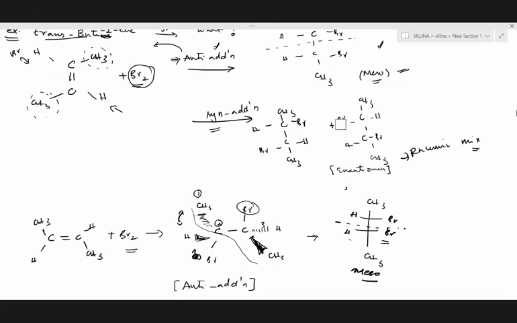We have to do the ozonolysis reaction, oxymercuration, demercuration, and hydroboration oxidation. Those three parts are very important, so we will try to cover that first, and the other reactions are simpler ones. We can do them, but ozonolysis and oxymercuration, demercuration will take a lot of time to understand. So that part we have to cover.